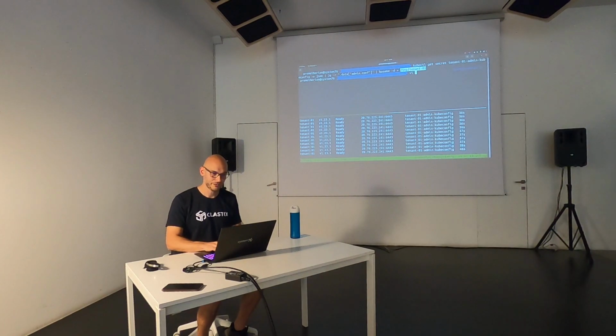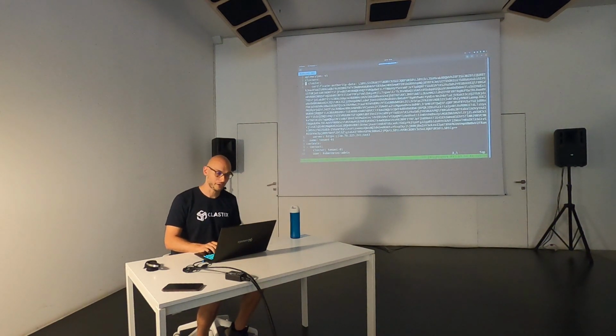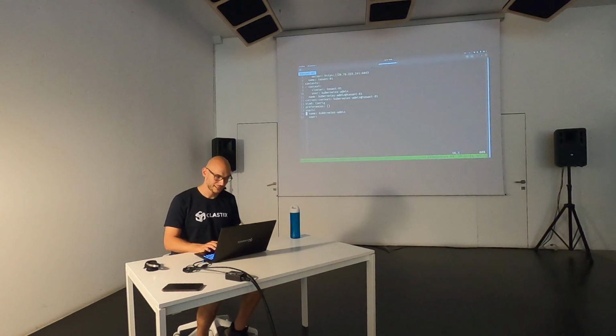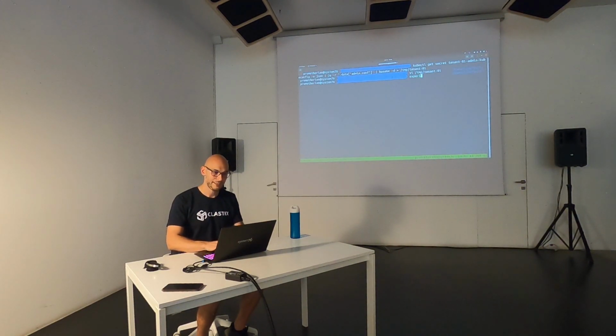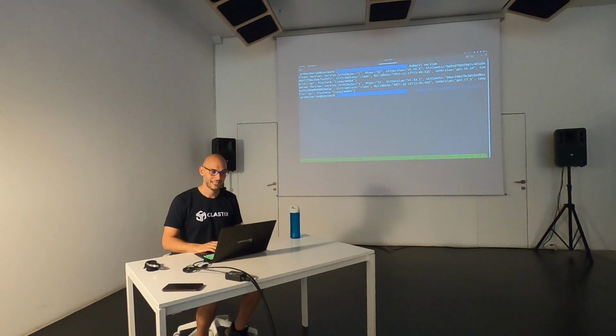Okay, the file has been written, as you can see here. We got our certificate authority, our server, our name, the context, and the user with the certificate. If I now export the kubeconfig to this file, it means I'm using the kubeconfig stored in temp. So issuing kubectl version, as you can see here, we got 1.23.1.